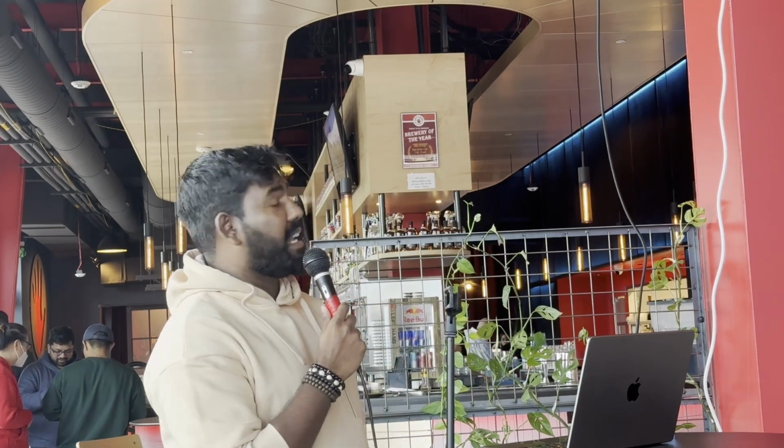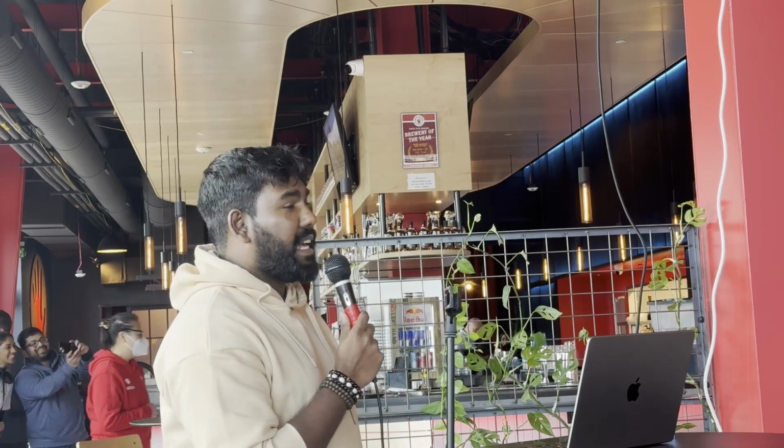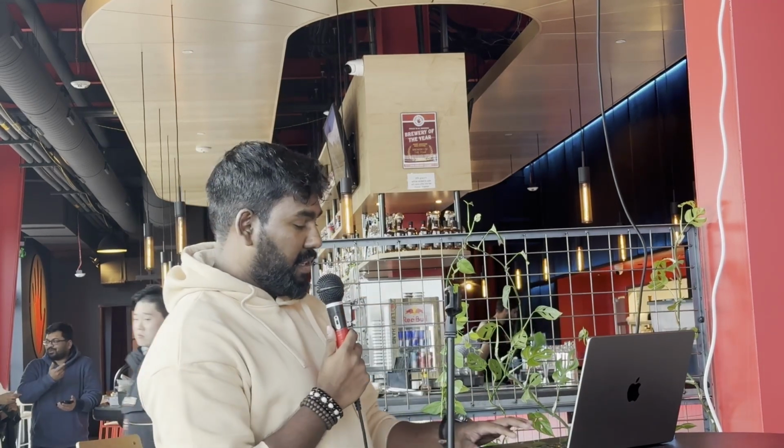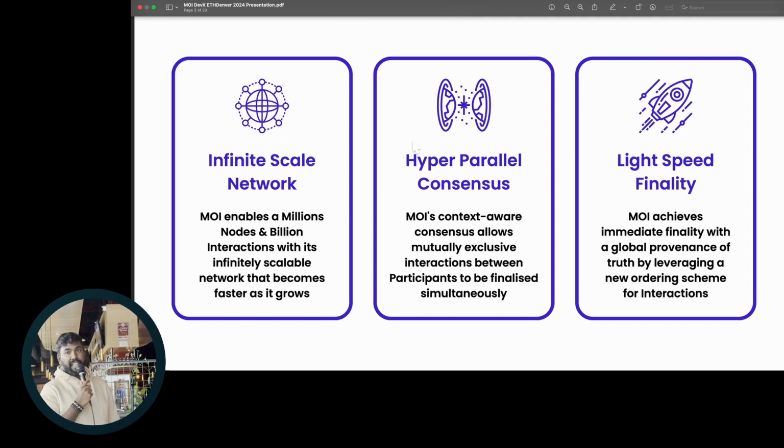The most simple analogy I can give you for the MOI protocol is that we're trying to take the real world and make that happen in a digital way, right? Real interactions, real value transfers. In the way that the real world has constraints on them, the same constraints apply on the protocol. And the same things that the real world allows, this protocol allows us to do, right? These are the three primary enablements of this protocol.